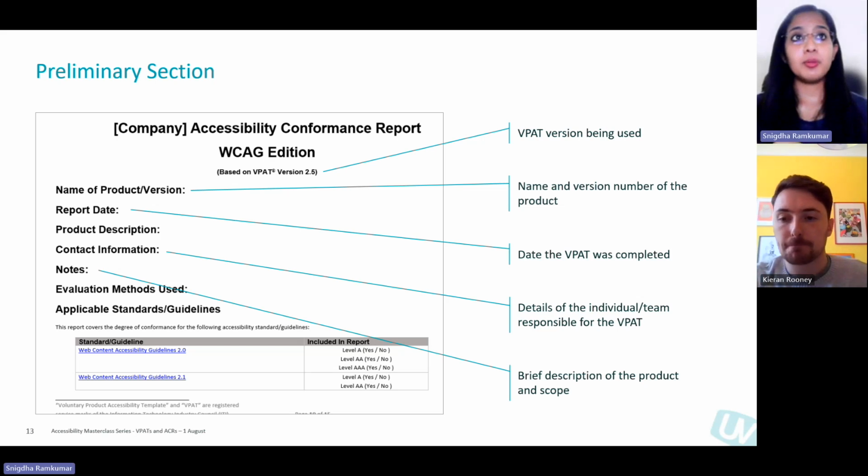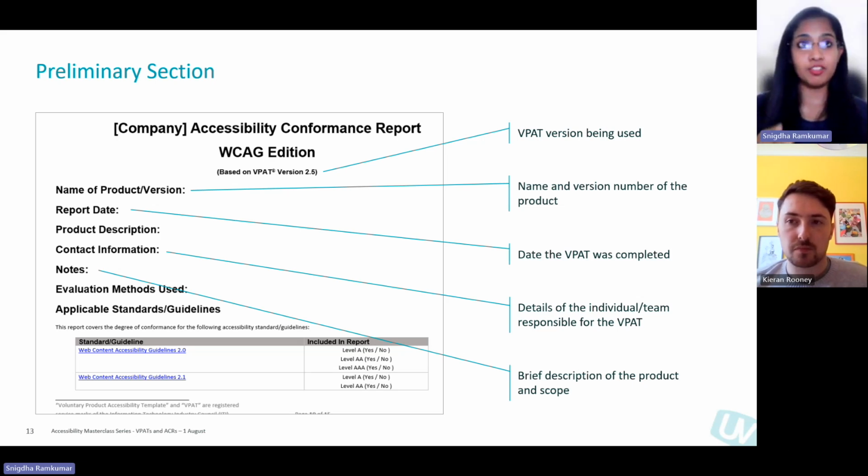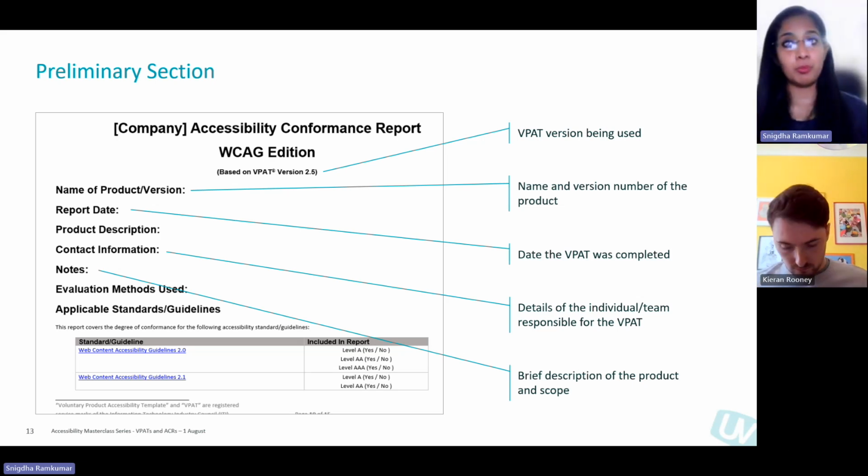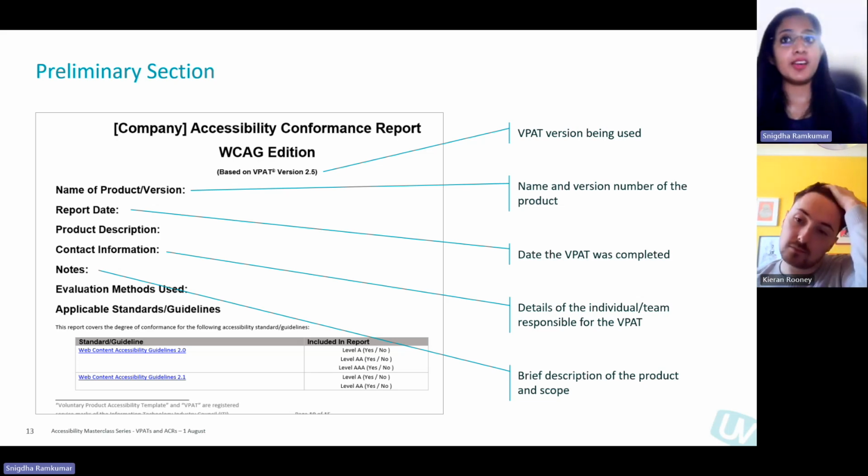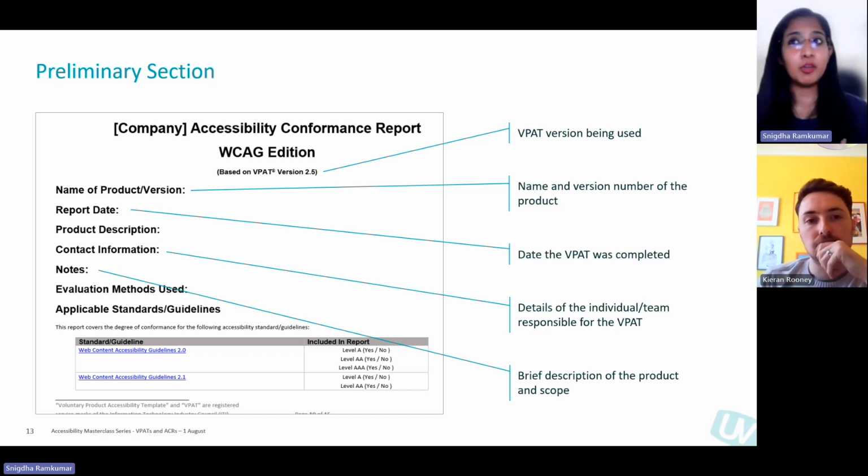So over here, you have the report title. And in the heading, this is in the format of company name, so the name of the organization, Accessibility Conformance Report. So you might wonder why the term Accessibility Conformance Report, or ACR, is being used here. So Kiran will be going over ACRs in more detail later, but just to give you a quick summary, a VPAT is a template